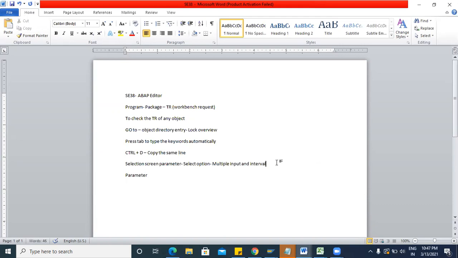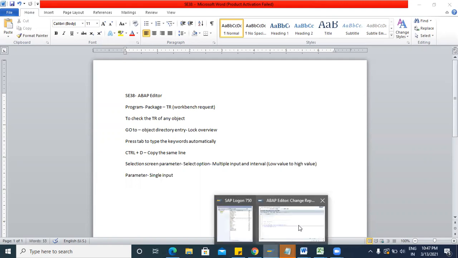I will explain you about interval. If we are giving low value to high value, that is interval. And parameter is for single input. Okay, parameter is for single input.